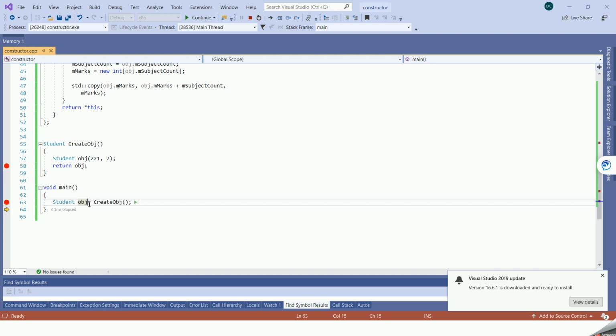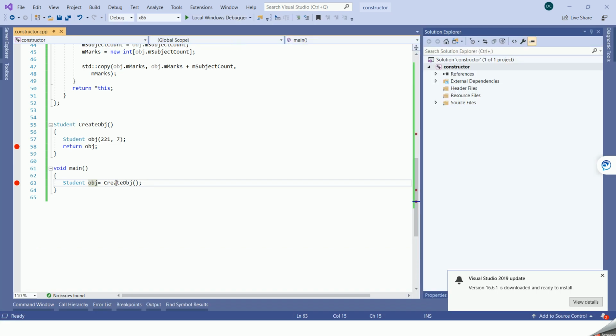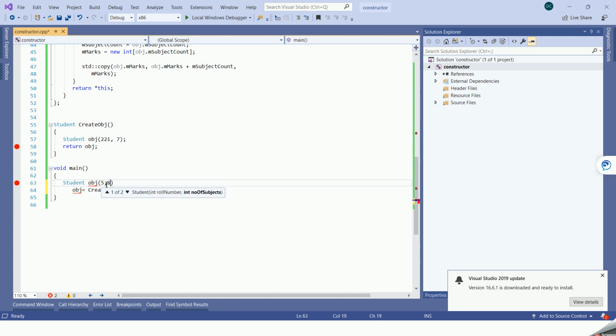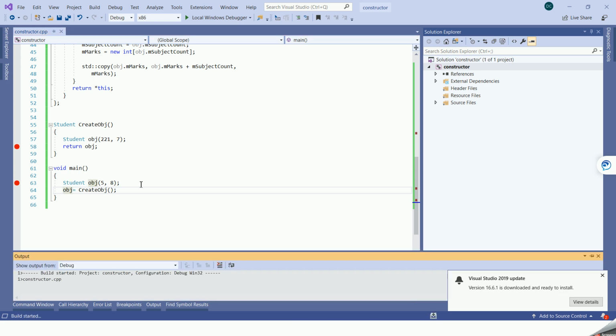Now let's see the case of the assignment operator. In this case I'll make this obj one point to this, and I'll create another object passing this. In this case the assignment operator should get called.